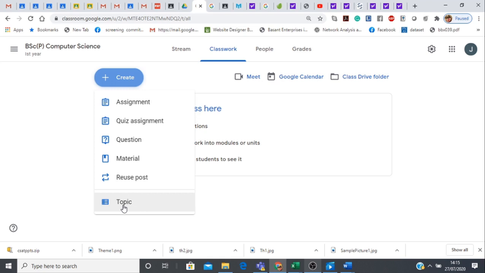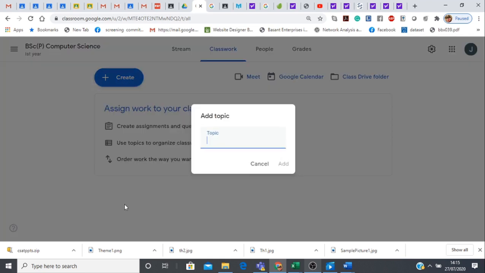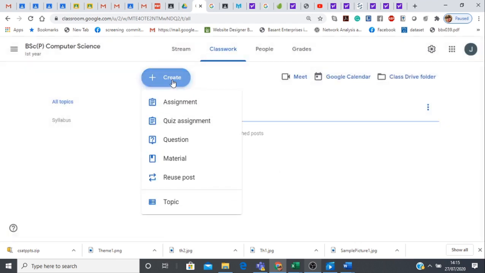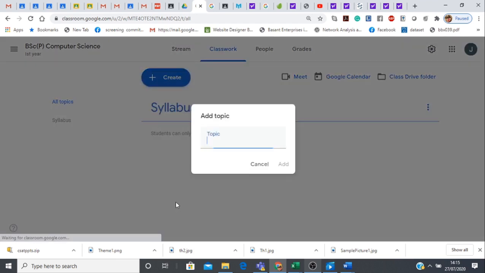So let's start by creating the topics. We go to Classwork, we go to Create and we click on Topic. Once we click on Topic, we can create different topics. For example, we can add syllabus. Just for the demonstration purpose, I'm adding a few of the topics like